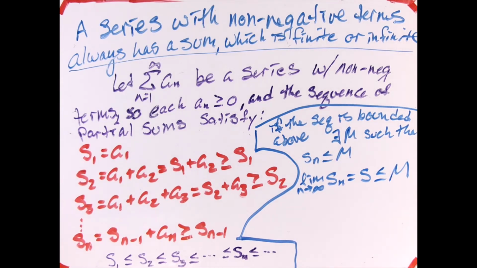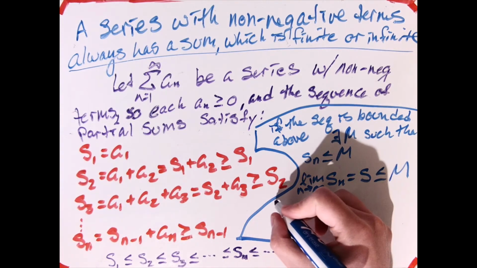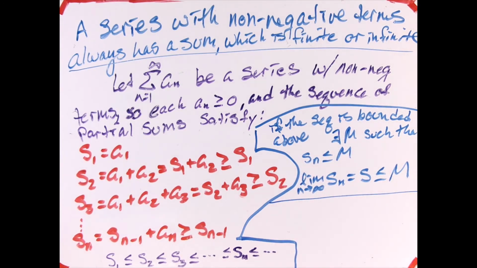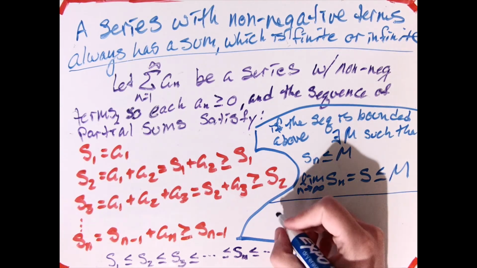Now remember, I don't have to pick the smallest bound, I just have to pick a bound. So that M could be s, but that M could also be something way bigger than s. Like if you say it's bounded by 1,000,000, that would be fine as long as you can show it's bounded by at least 1,000,000. You're just looking for an upper bound, not the least upper bound. So if it's bounded, it converges and it has a finite sum. If it's not bounded,